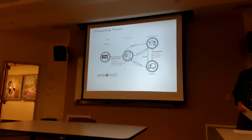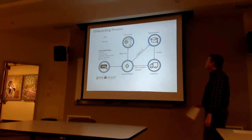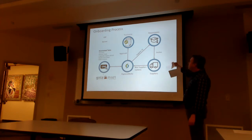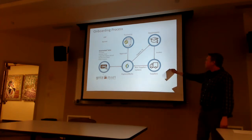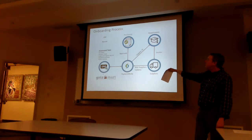it syncs over to Grismart, which then you can create a cart and pay for your goods or services. The new way will be automated. The departments will invite the suppliers. They will register in PaymentWorks. And then once they register in PaymentWorks, it will go to the ERP, which is Banner and Grismart, and